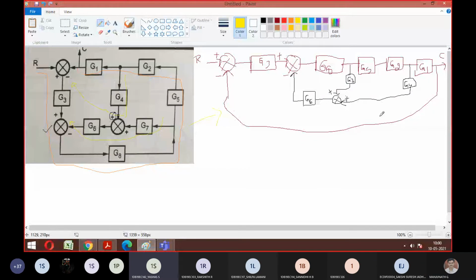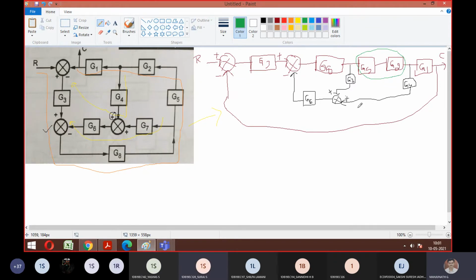G5 and G2 are in cascade, sir. Good. So you can look at this. This is your step one now. So G5 and G2 become cascade. Very good. Then after that, again, it's like the previous problem, correct? There was a coincidence. I can't do further simplification. So what could be done? Again, separation of the feedback path will come into the picture now. Yes or no?